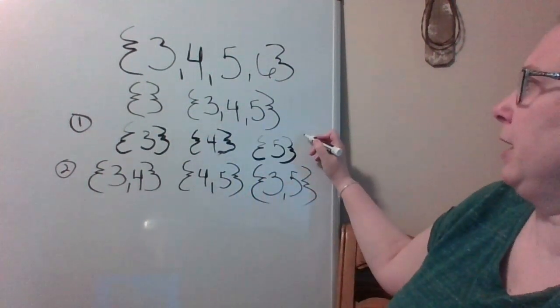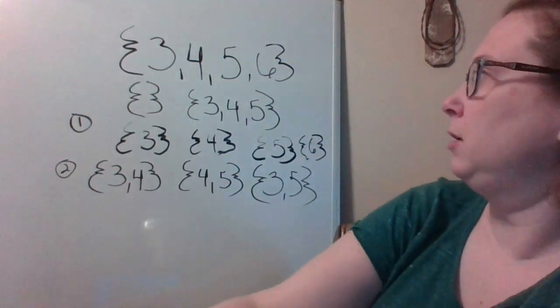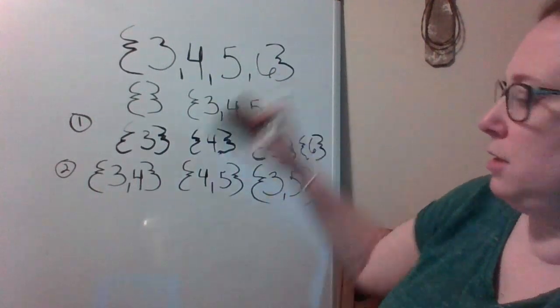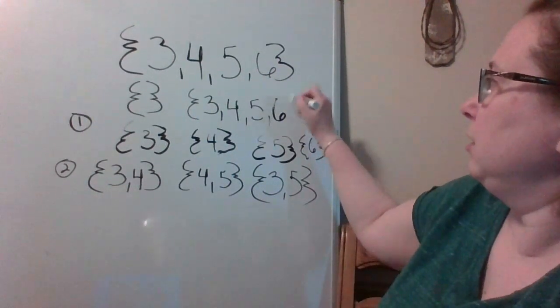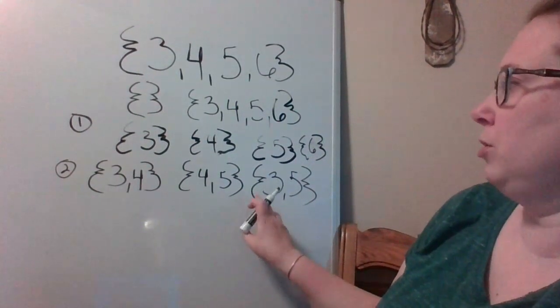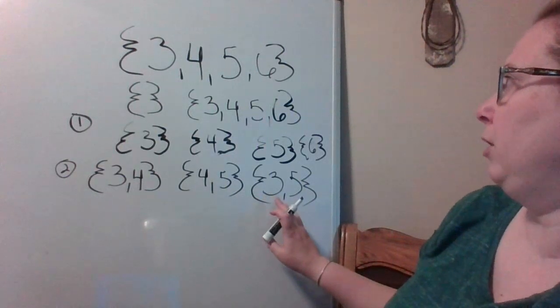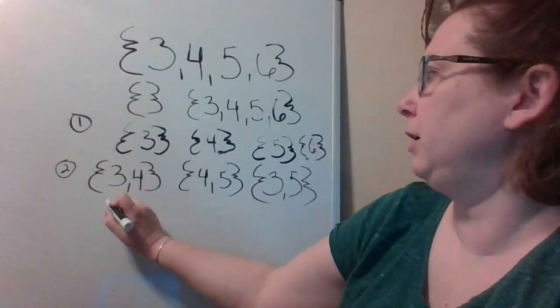Oh, and I need to add a couple more, don't I? I need to add 6 here, 6 here. And then in my 2, I'm also going to have more. So I still have 3, 4, 4, 5, 3, 5. I need to add,